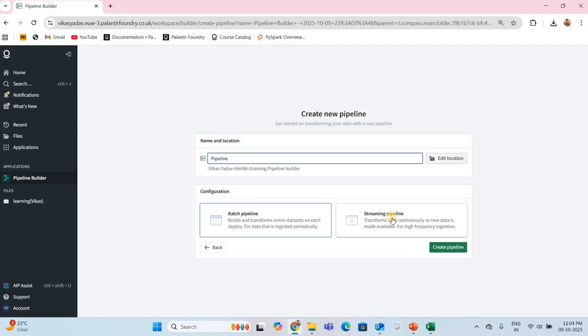And batch, you already know, is a system where data is ingested in some period, such as hourly or every 2 hours. So we are creating a batch pipeline.